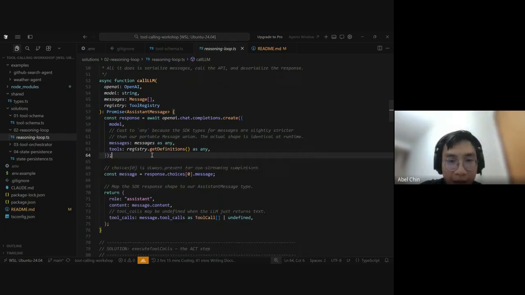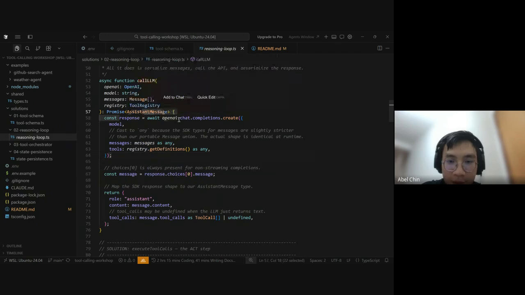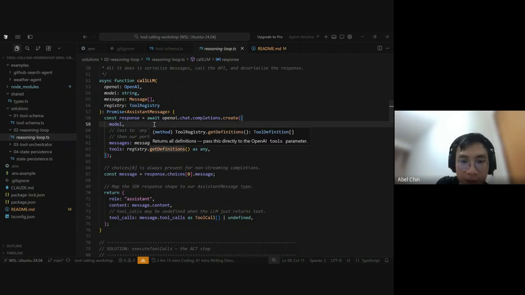And then the output of the chat, right? So we are storing it inside response. We are awaiting the answer from the LLM and storing it inside the response. This is just the standard routine when we make API calls to third-party LLMs. Usually, it's always this kind of syntax, chat.completions, store inside const response, and then